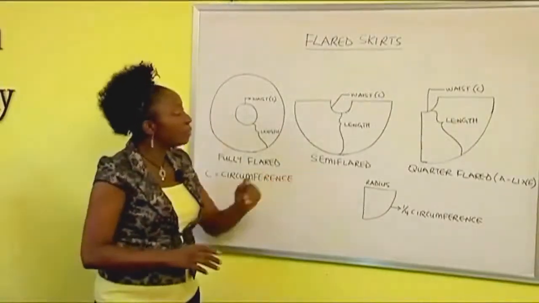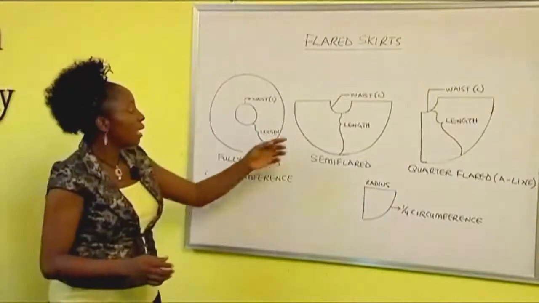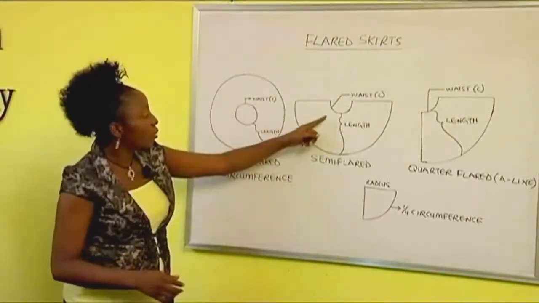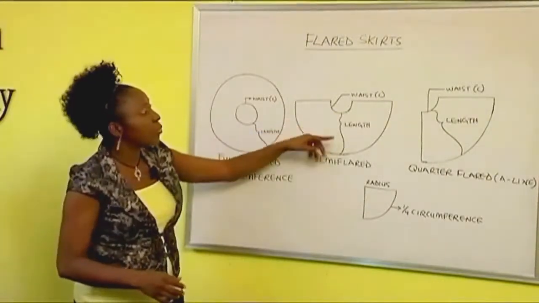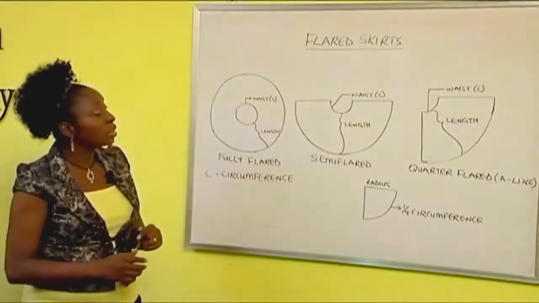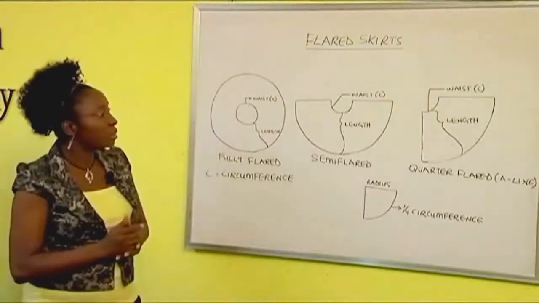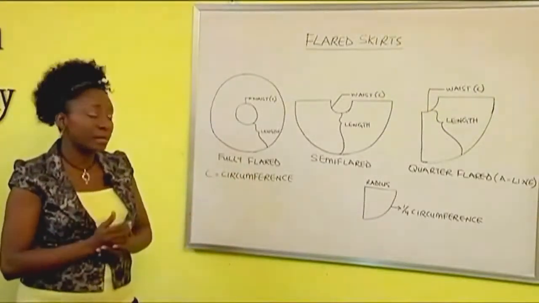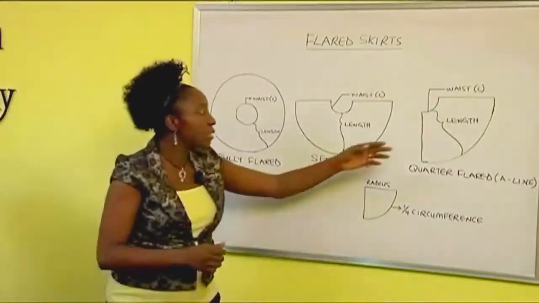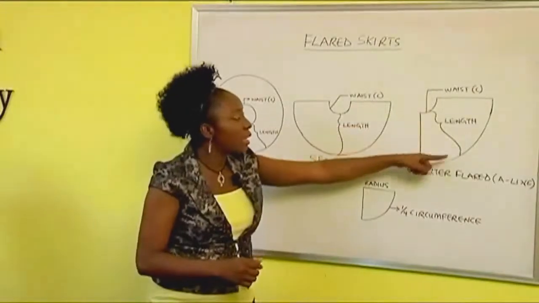Now if you look at the semi-flared skirt, you can see that it's a semicircle. We have the inner semicircle here representing the waist, and the distance between the two semicircles will give you the length. Now the third one we have there is a quarter circle, called the quarter flared skirt, also known as the A-line skirt. It's not as flared as the others, obviously. This quarter circle represents the waist, and the length is in between